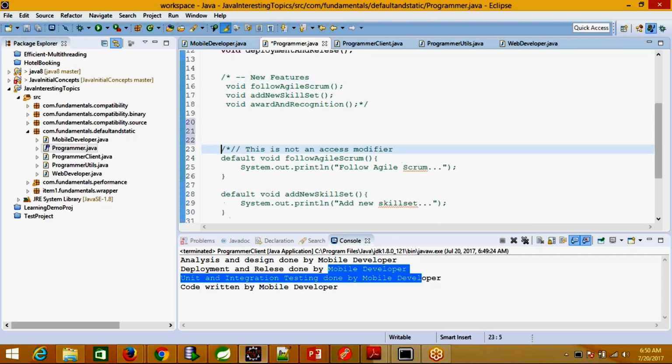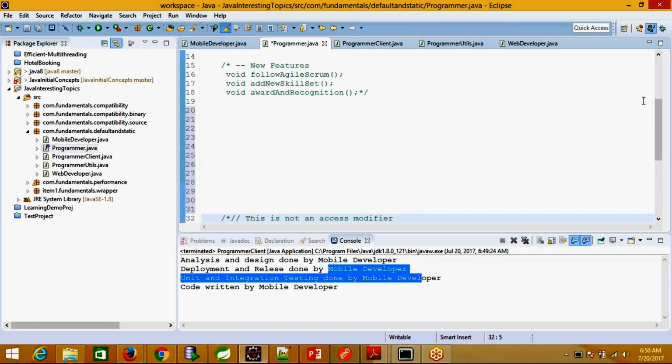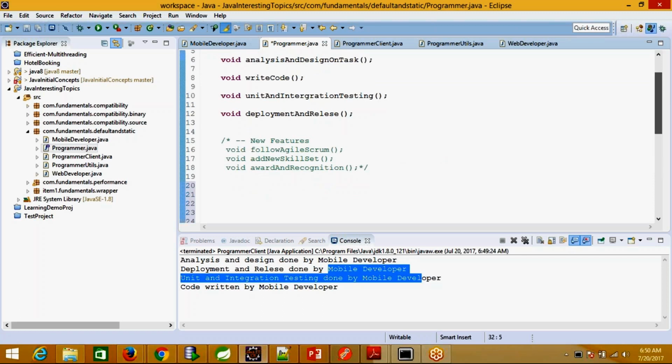Just look at this part as of now, and say, for example, we have introduced these three features in our interface. We all know that whenever we introduce a new feature into our interface, the respective implementing classes complain and have a compile time error.